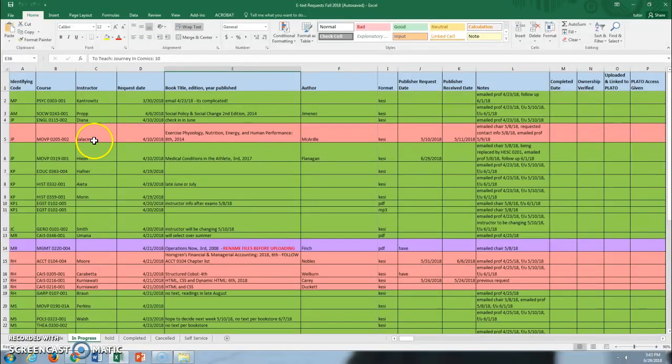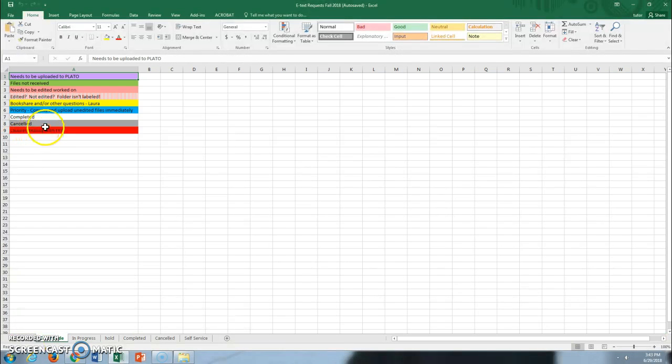If you're not too sure what the color codes mean, here at the bottom of the tab you got color code and it tells you everything. So going back to in progress,